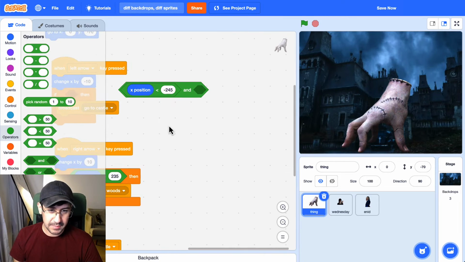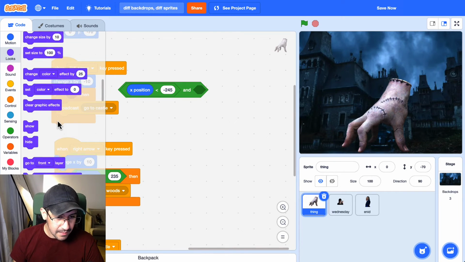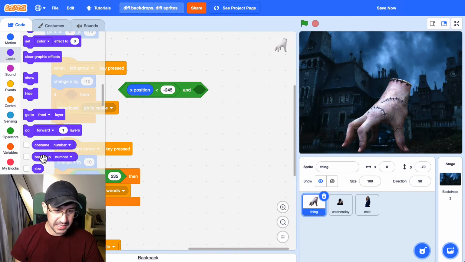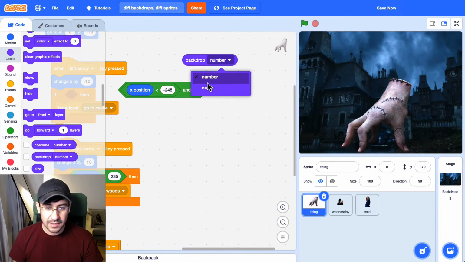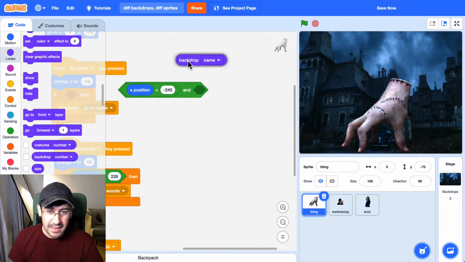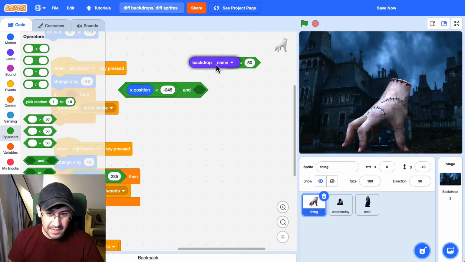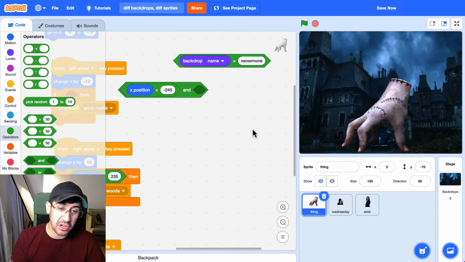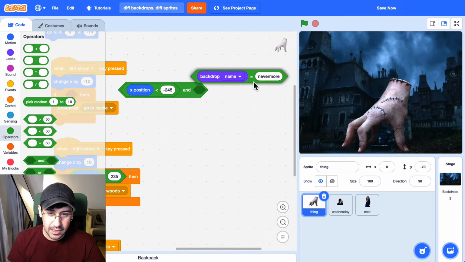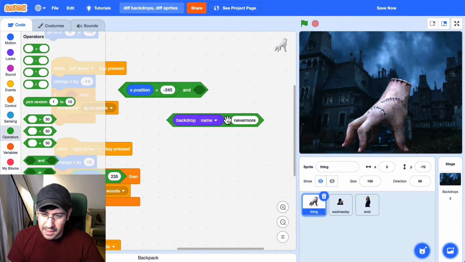So how do I do that? Let me see if I can detect what the current backdrop is with looks. And I can. We see in looks here, there is a backdrop block. And if the backdrop name equals nevermore, so we're going to have to grab another operator here. And if the backdrop name equals nevermore, that's the only time we should go to the castle. Okay, so I'm going to add that to our conditional, and I should make